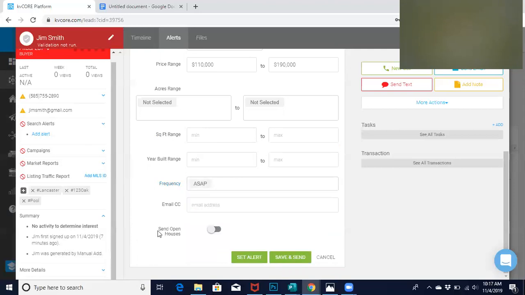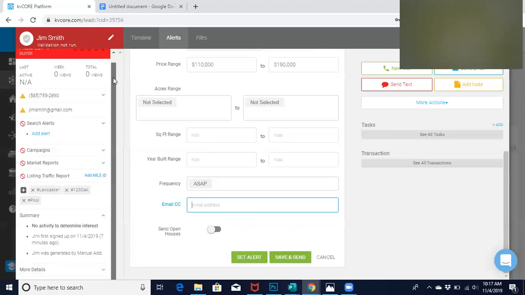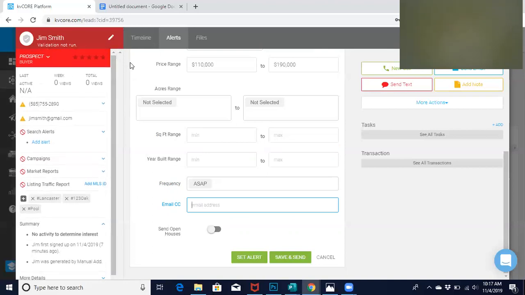But the way these will come in is they will come in an email from you, and it'll just have the properties listed. Now you can also CC yourself on this email or anyone else. Like perhaps Jim Smith has, you can put Jim Smith's wife in there, or anyone that he might say, send these properties to whoever, so you can have someone else copied on that, multiple addresses, and you can also send him open houses. So the way you do that is you'd save it,